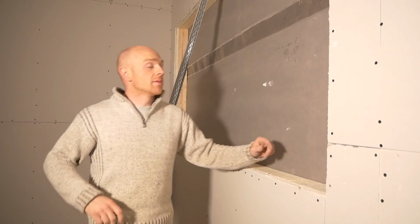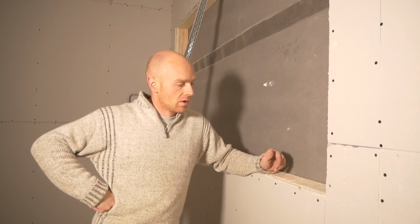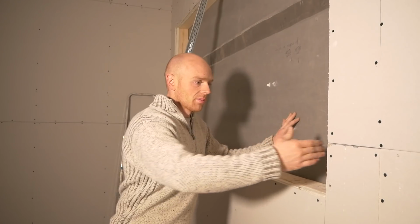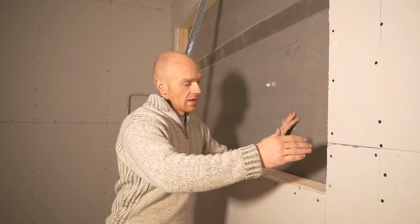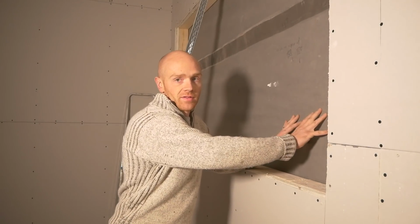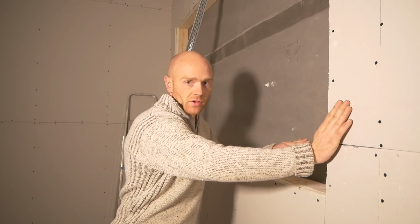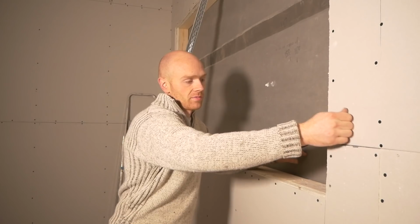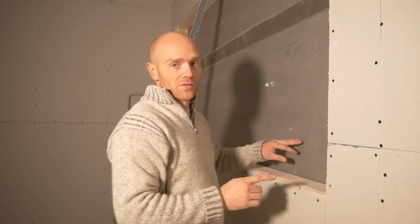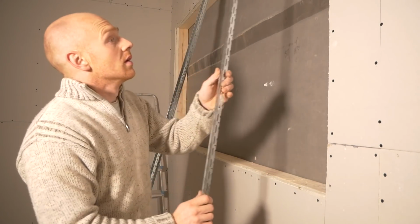So in true Tim fashion, I'm not ready really to be plastering, because my window isn't in yet. Ideally the window would be in, I'd board up to the window on all the reveals, and then plaster up to the corner bead. Because my window isn't in yet, I'm going to cut that in from the outside. I need to make sure that I've got an angle on here, a bead to skim up to. So the way to do that, which I've had to do in the past, learning from experience of being unplanned, is to install our